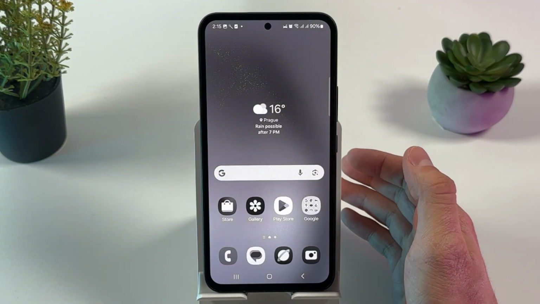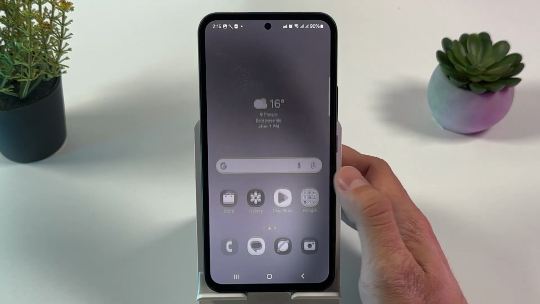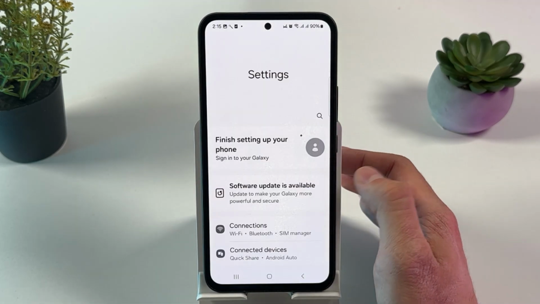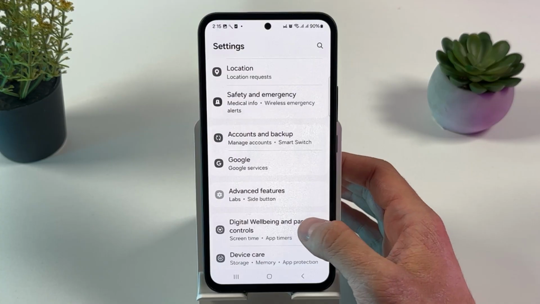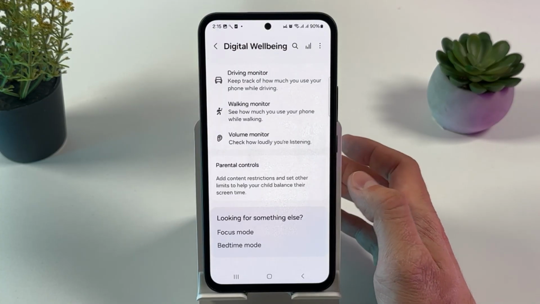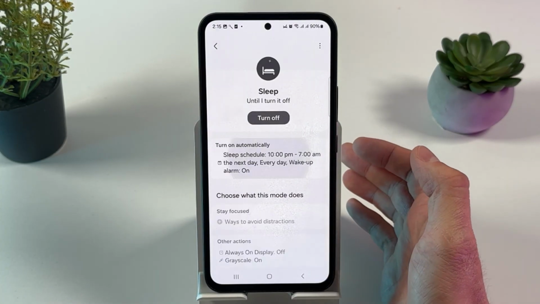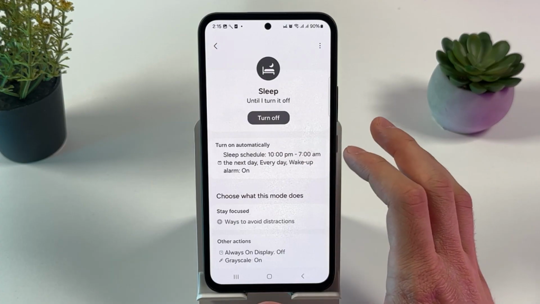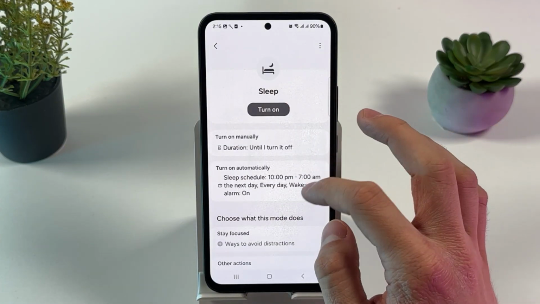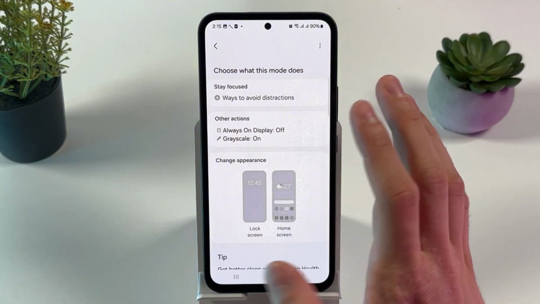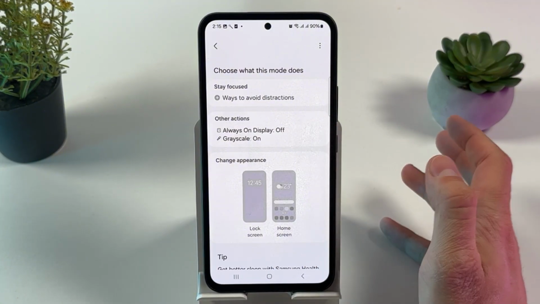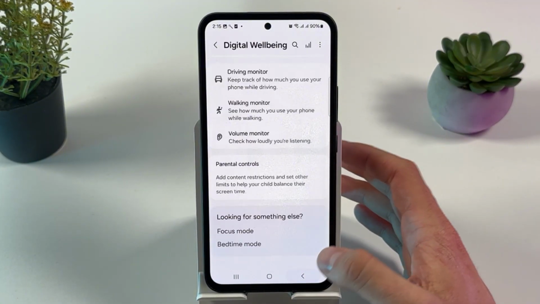So the first reason may be our bedtime mode. You are to open up your settings, then locate your digital well-being and parental controls. Here, scroll down to your bedtime mode, and if this option is on, make sure to turn it off. It should be better. However, if, like in my case, the problem still persists, we are to go back to